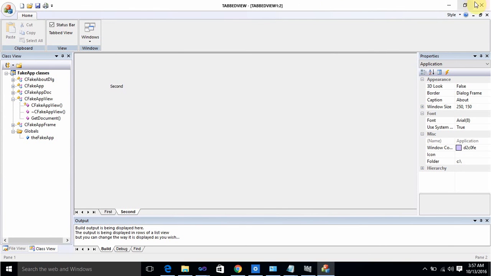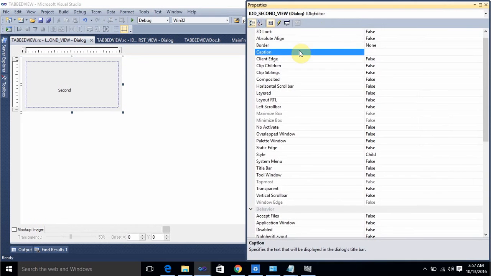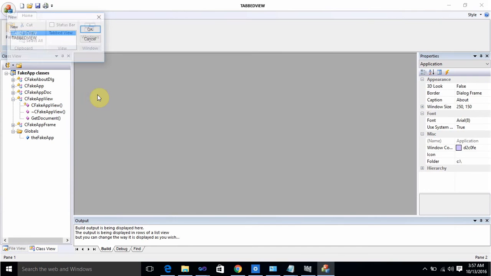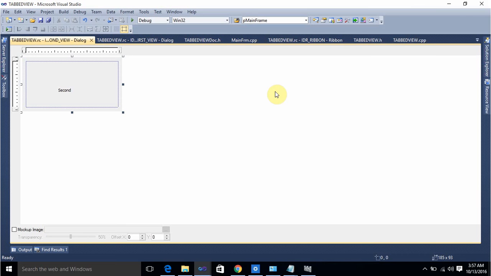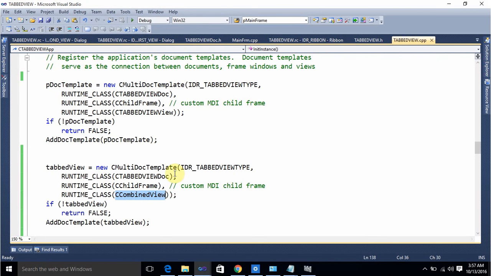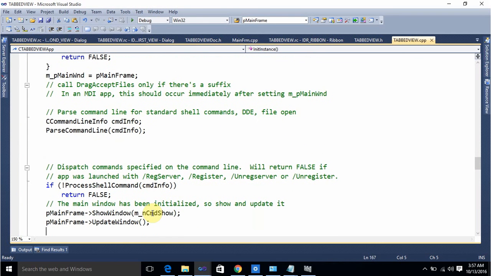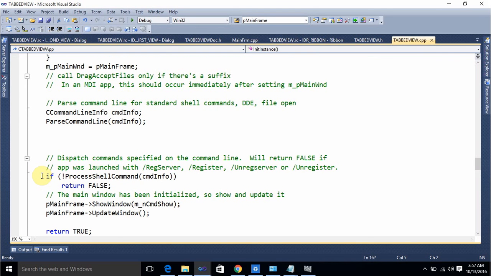I'll also show you how to stop this dialog from coming. This dialog is asking for which view, and we can remove it. I'll show you this in this video. Go to the application class, in the InitInstance method, come down, remove this, comment this line of code and